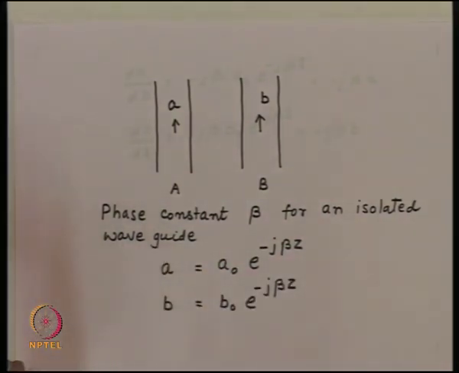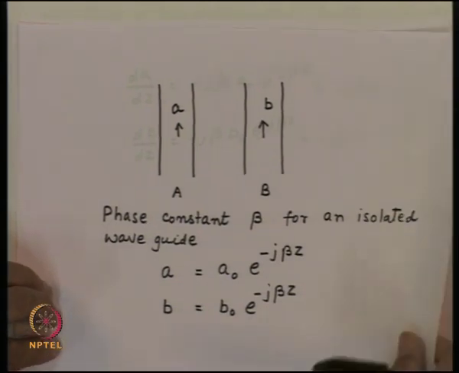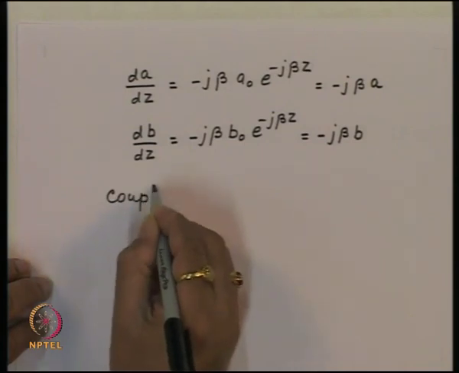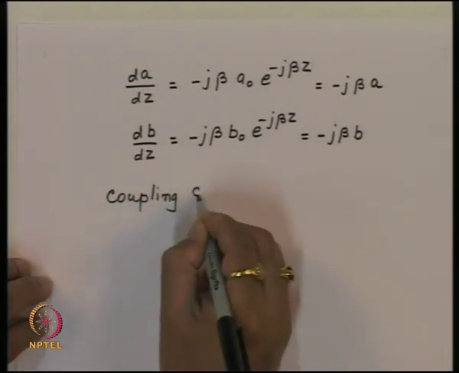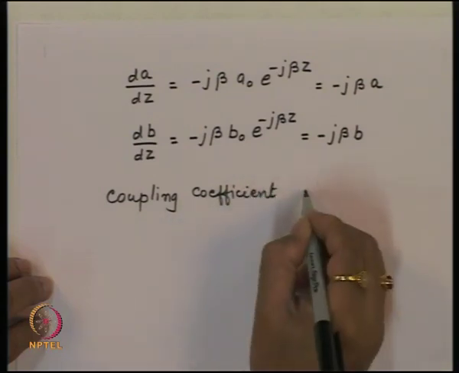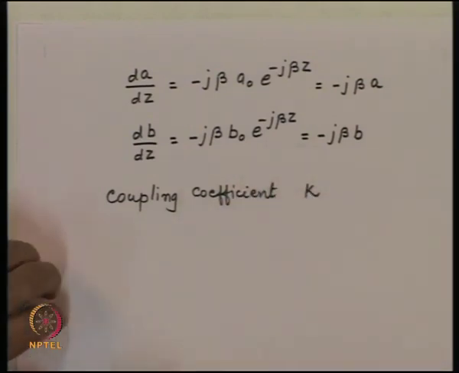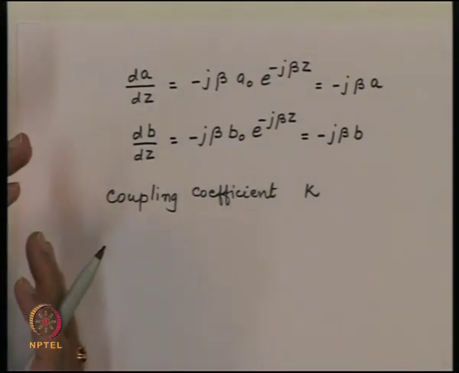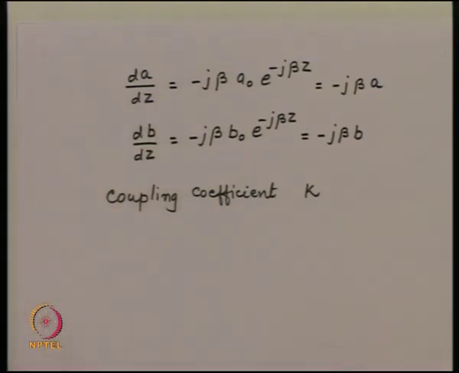Let us say we try to characterize that coupling phenomena by a quantity called the coupling coefficient. So let us define a quantity, the coupling coefficient, let us call that k,